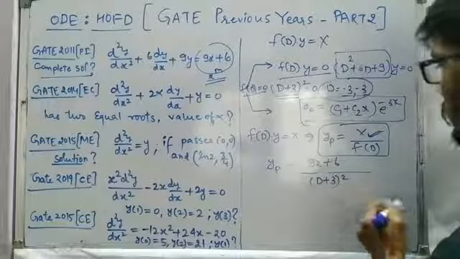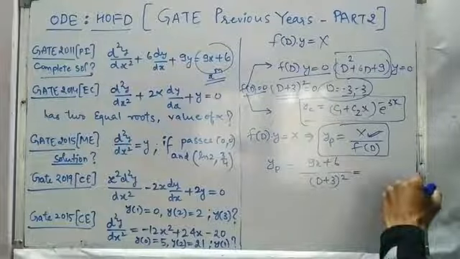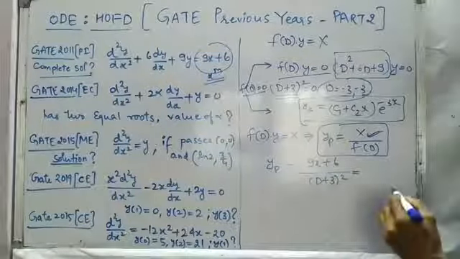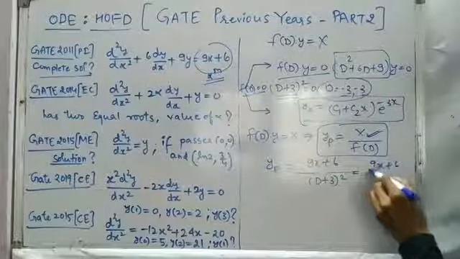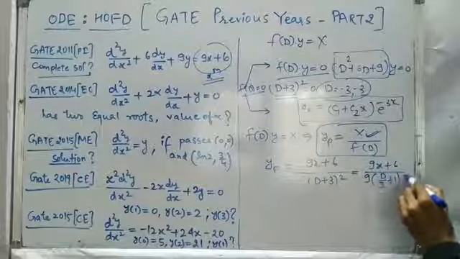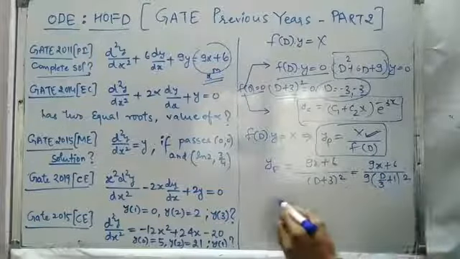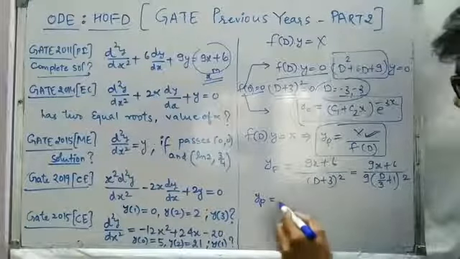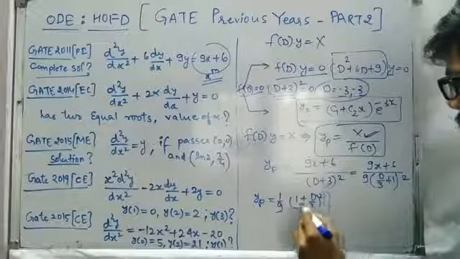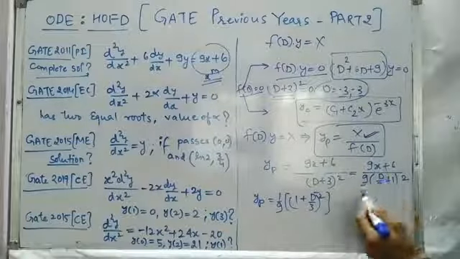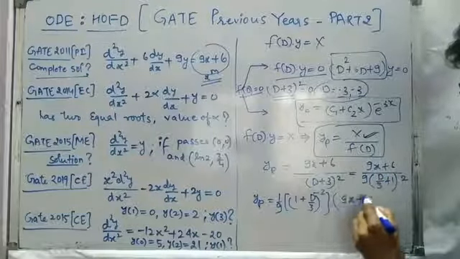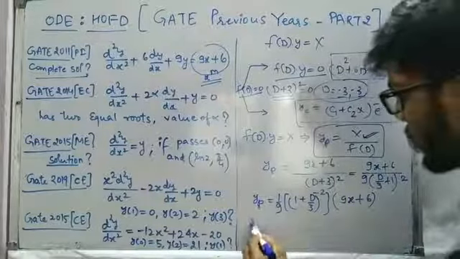So this is nothing but D plus 3 whole square, and to make use of the binomial form we have to make it look like 1 plus something, so we take 3 common first. The square of 3 is nothing but 9, and it will be D by 3 plus 1 whole square, right? Now we can take that 9 in front, so 1 by 9, and this will be 1 plus D by 3 whole square, whole power minus 2, because we are going to take it into the numerator. This is nothing but minus 2, and we have the polynomial 9x plus 6, and now we have to expand this using the binomial expansion.